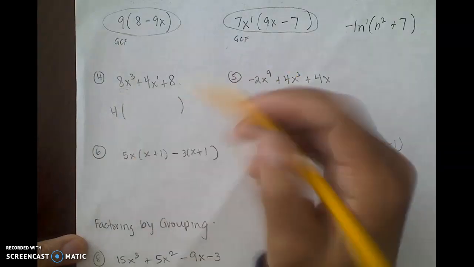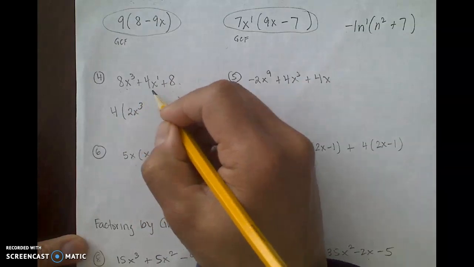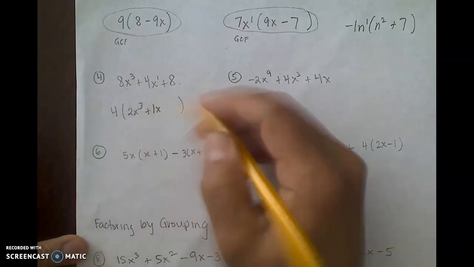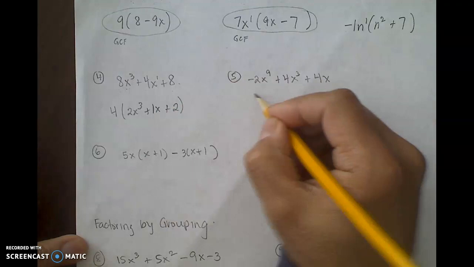8x cubed divided by 4 is 2x cubed. Positive 4x divided by 4 is positive 1x. Positive 8 divided by 4, positive 2. Okay. Next,